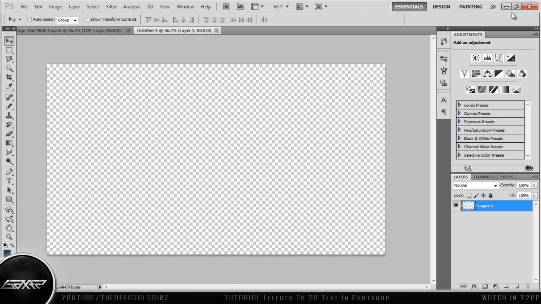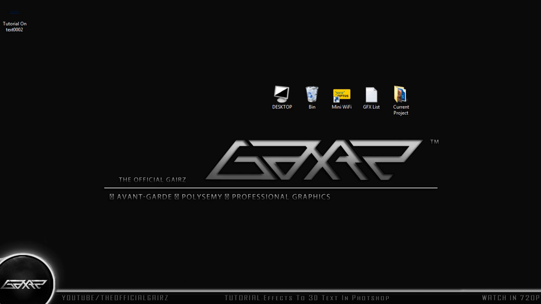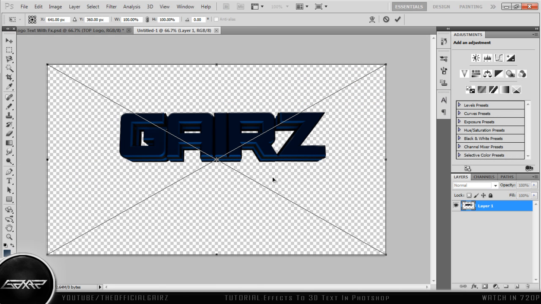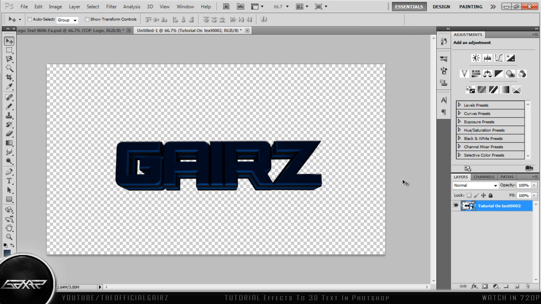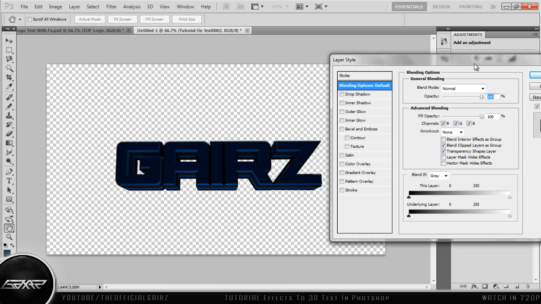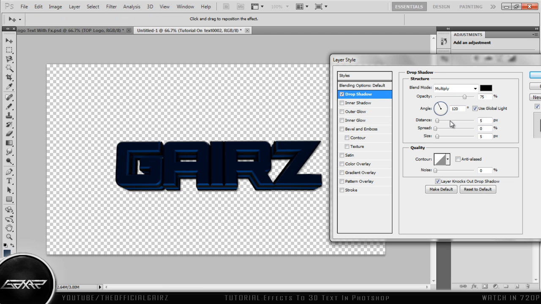Alright, so you obviously add your text, and the first thing that I generally do is double click on your layer to bring up your layer style, and we'll just go over to drop shadow, and you just want to bring that to 90. I like to bring the opacity to 100. Bring the distance to 3, spread to 2, and the size to 1. And then we just want to go down to the